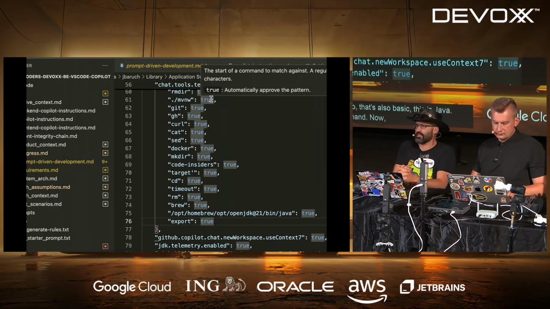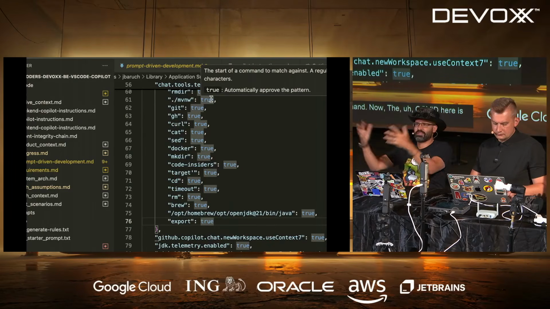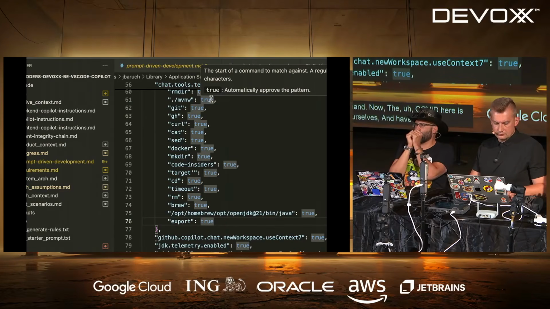Now, the caveat here is that security teams try to save us from ourselves and have interventions for commands that they think are dangerous.